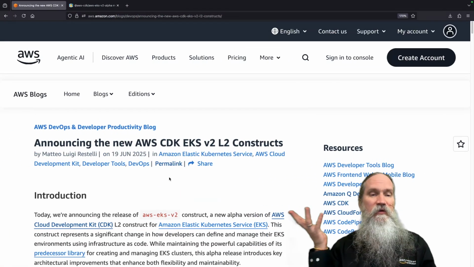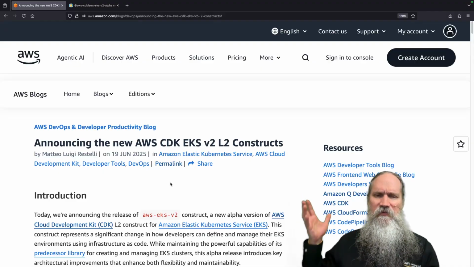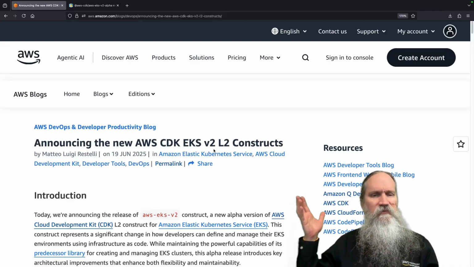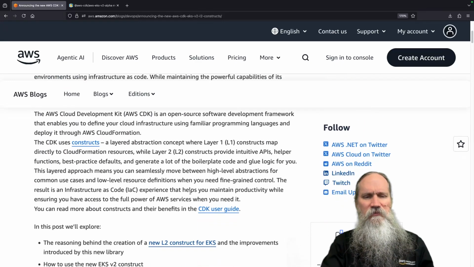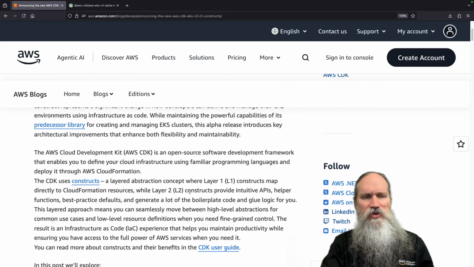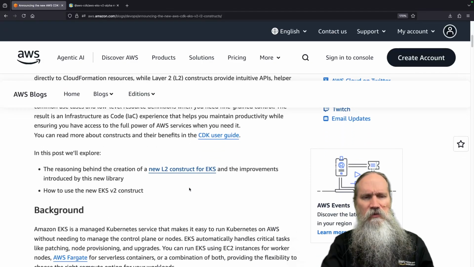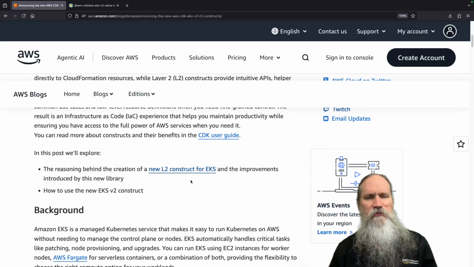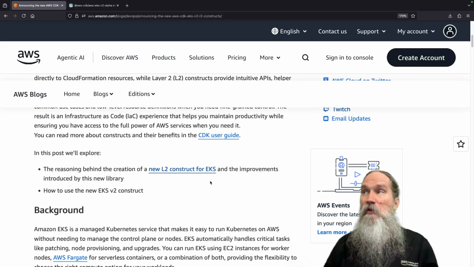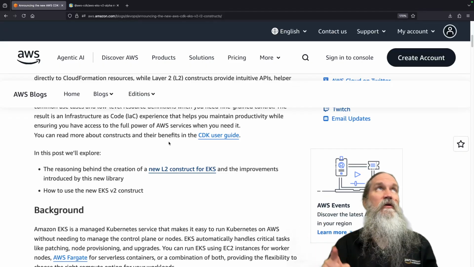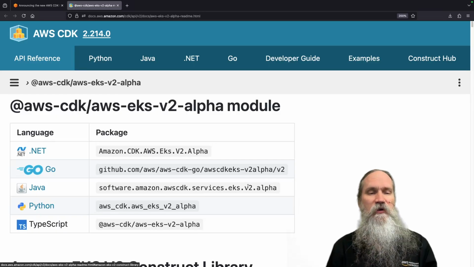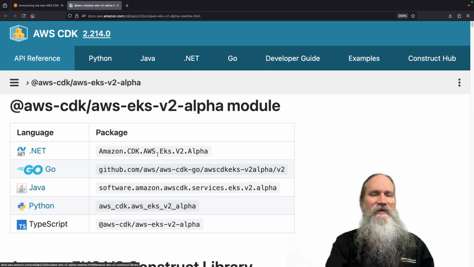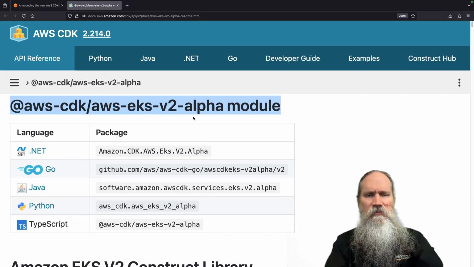Over here in this article, announcing the new AWS CDK EKS v2 L2 constructs. So some layer 2 constructs here. CDK, you can go and check those out here. That link there, new L2 construct for EKS. The link to this article and the link to then that alpha module listed here. So one thing we're going to need to do is take this path right here for this module, and let's